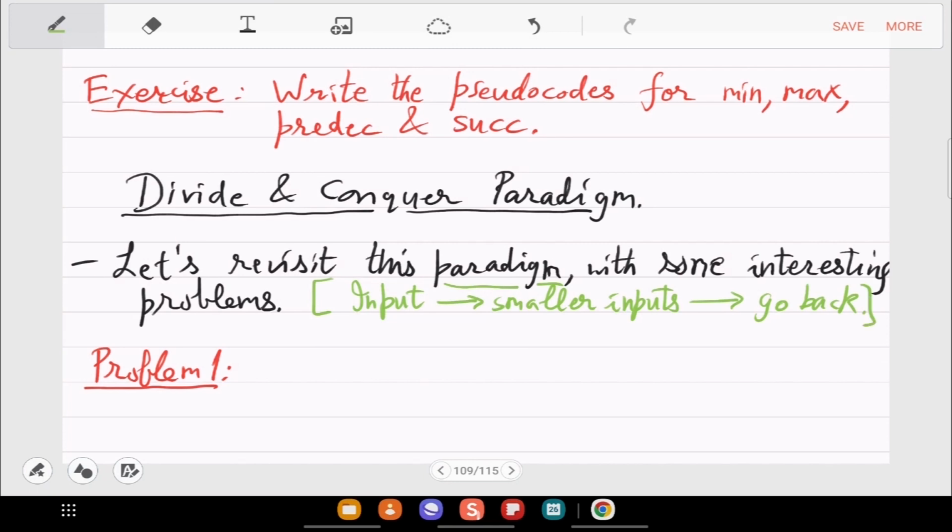Right, so the first part is the divide part. You divide into smaller inputs. Smaller inputs meaning that the input has become smaller, but the problem is the same as before. You assume that you can solve the problem on smaller inputs or smaller instances. And once you have solved them on 2 or 3 such inputs, then you combine that solution to get the solution for the given, bigger input. Right, so the last part is the conquer step.